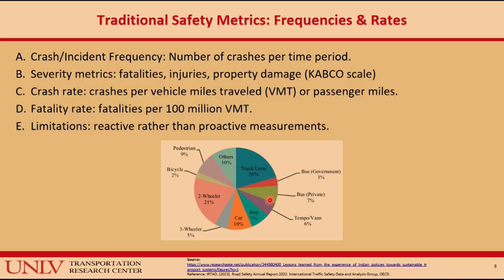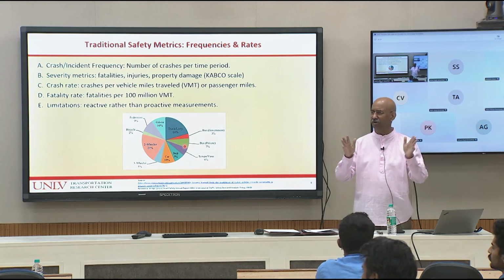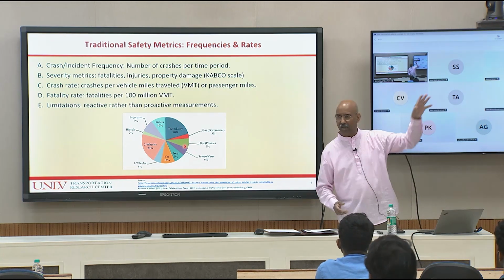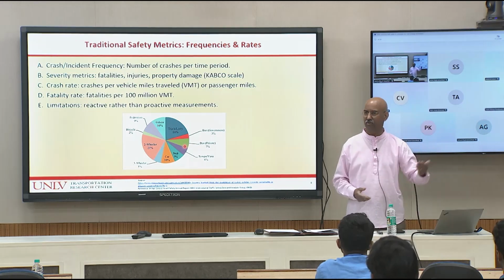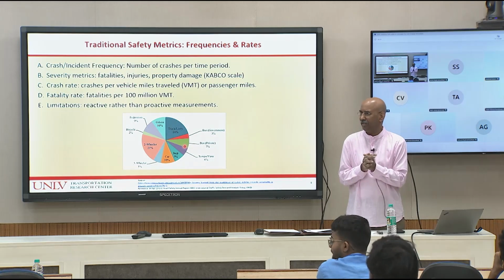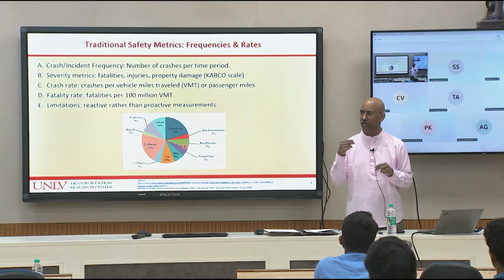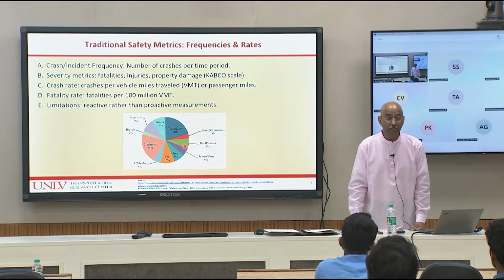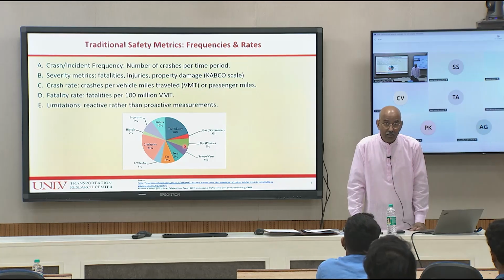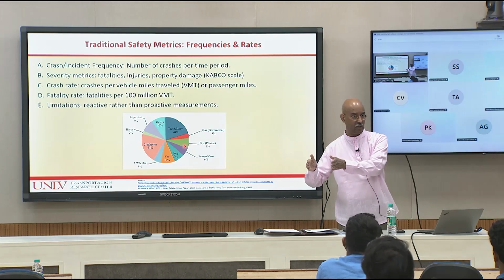Akhilesh, do you know what the number is in India? The average kilometers traveled by a car in India? 10,000, 12,000? Yeah, something in that order of magnitude. It's not 1,000, it is not 1 lakh. I don't think it is even 20,000 unless somebody is driving long distance every day. For typical urban driving, it would be somewhere between 10,000 and 15,000, maybe less than that. So I will use just 10,000 as a rough number. So if we look at it per registered vehicle, we can get a measure of exposure even though we don't have vehicle kilometers of travel.